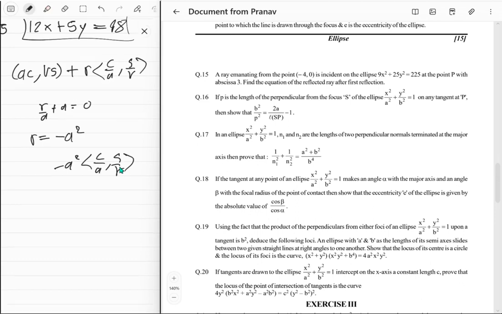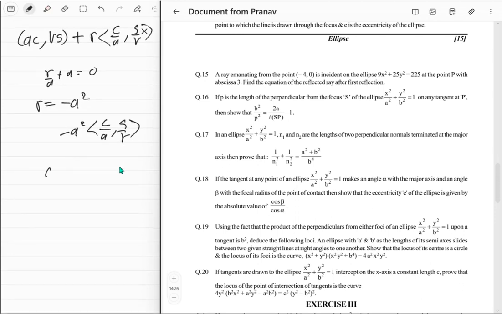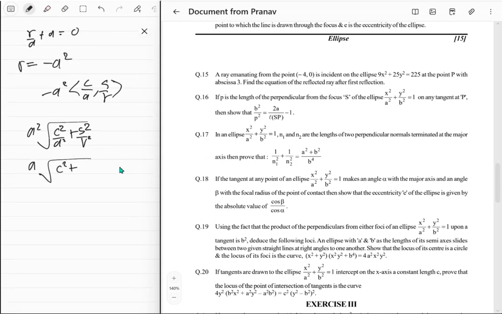So the length really is just the magnitude of this, which is a square, and then you got square root of, yeah, you get the idea. C square upon a square plus s square upon b square. Maybe you can take that a inside. It's supposed to be a times square root of c square plus, oh no, it's gotta have that b square. That's wrong. Maybe take a b square inside, so a square b upon b, and then take this b inside. It's going to be square root of 1 minus e square c square. That should do it. So that would be the length. Let's just say n1. Right, so that's for alpha, and then n2 would be a square upon b, and then you got